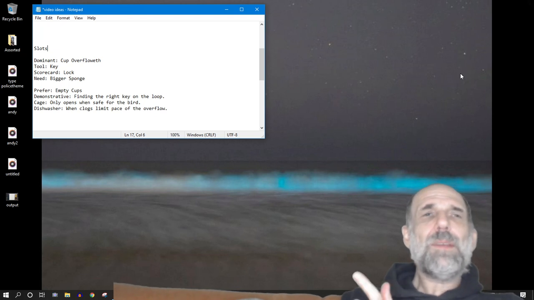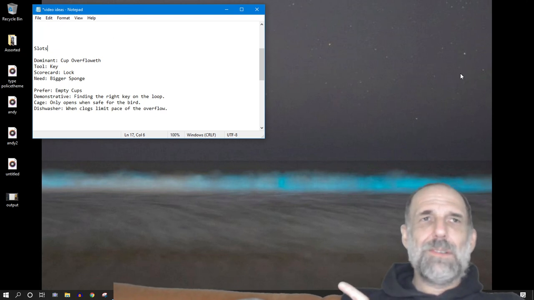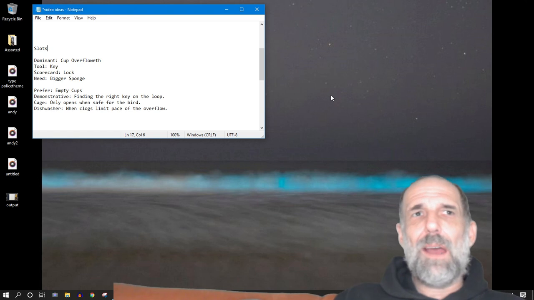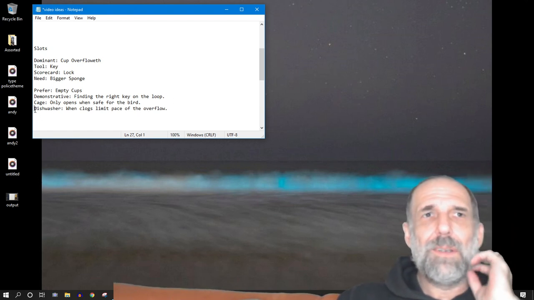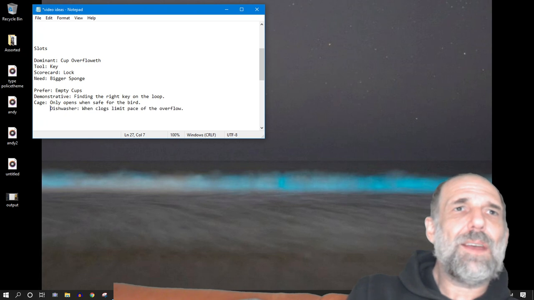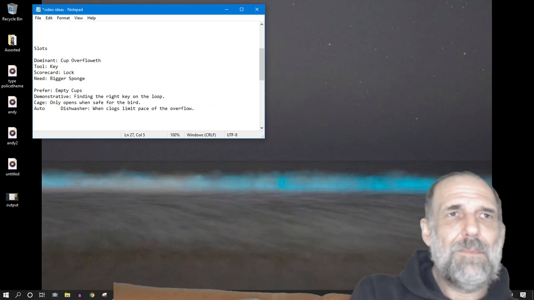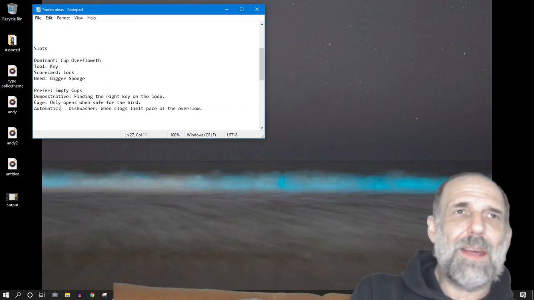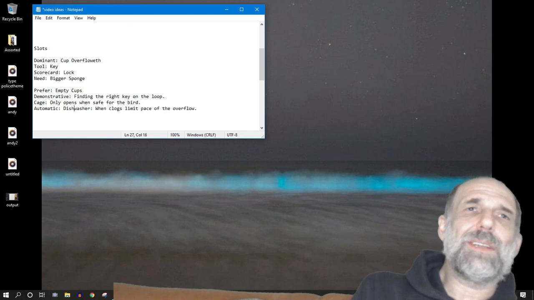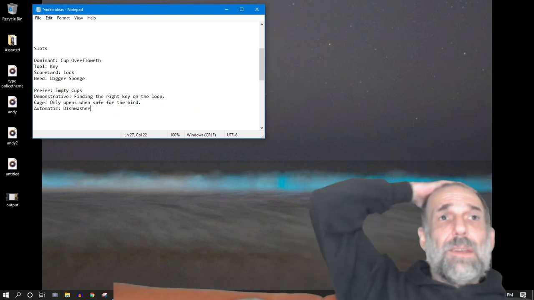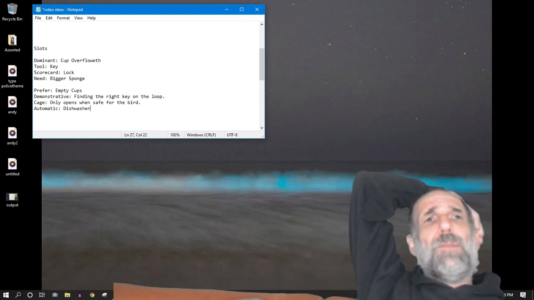So anyway, empty cups, the 5th, goes with the 8th, dishwasher. Naturally, if you have empty cups, then they need to be clean. Dishwasher is how empty cups get ready. So this is what you might call automatic. The dishwasher is automatic. You don't really think about the fact that dirtying dishes means you're gonna have to wash them, but you do wash them when you need to, and you don't when you don't. So this is a metaphor here, and